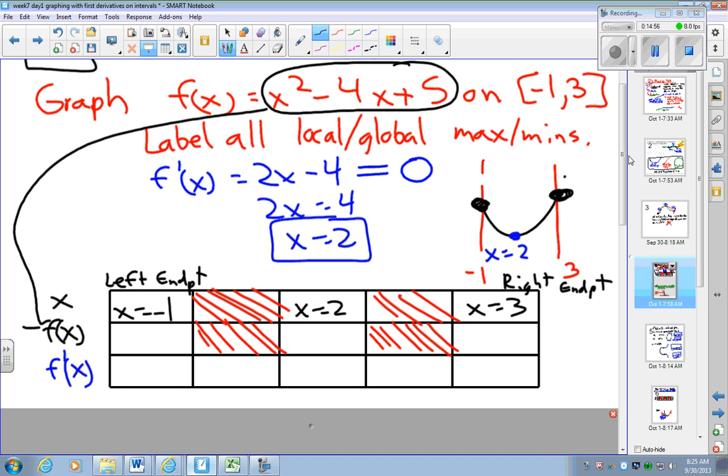Okay? So I got x squared minus 4x plus 5, and I want to plug in negative 1. I get 10. So this is y equals 10. If I plug in 2, I get y equals 2. And if I plug in 3,